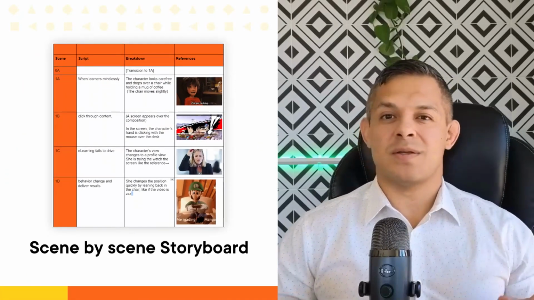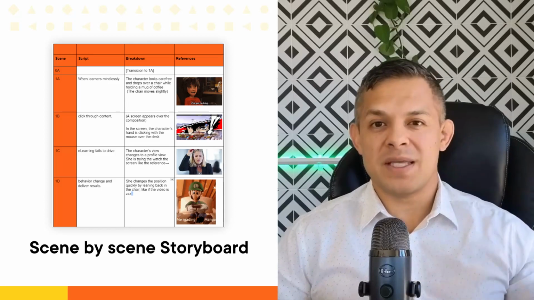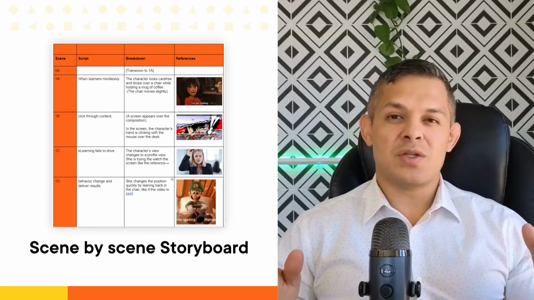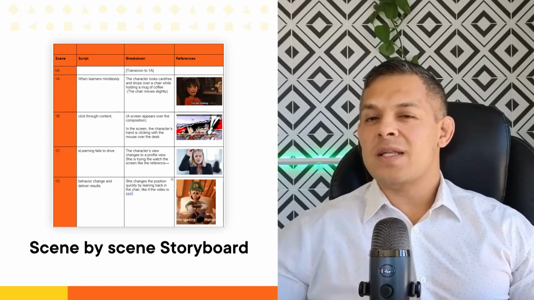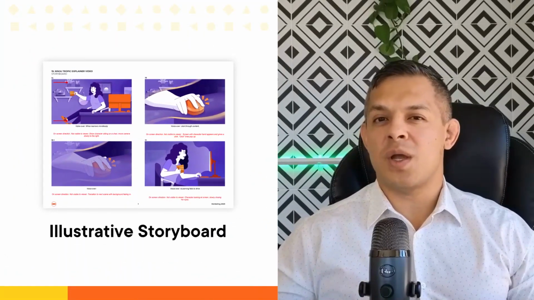Now, there's 2 types of storyboards that I've seen within the industry. This is a gross oversimplification, but some of our clients reach out to us and they have what we call a series of scene descriptions. They'll describe everything scene by scene, and it's essentially a 2-column sheet with text on one side and scene descriptions on the other. The challenge we have here is scene descriptions can be quite vague, and as you would imagine, they're open to interpretation. So this is why I always challenge our team to go above and beyond by developing a very detailed illustrated storyboard.